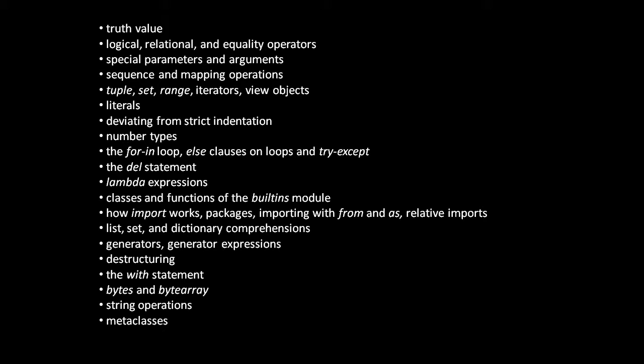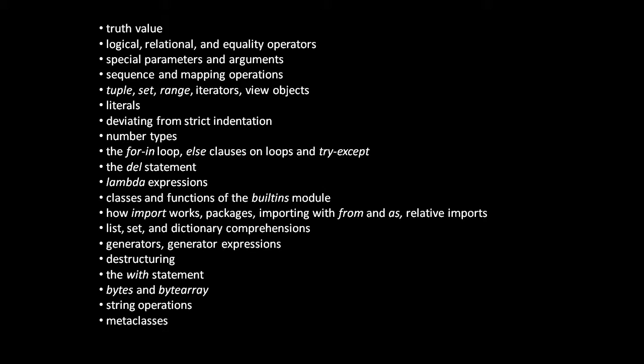Functions in Python can be declared to have special kinds of parameters, and then when we invoke a function, we can supply the arguments in special ways. And these special mechanisms are, say, how we can invoke a function with some variable number of arguments, just like we can in JavaScript. A sequence in Python is a list or list-like data type, and a mapping in Python is a dictionary or dictionary-like data type. And in the supplement, we'll go over the many different operations which you can perform upon sequences and mappings.